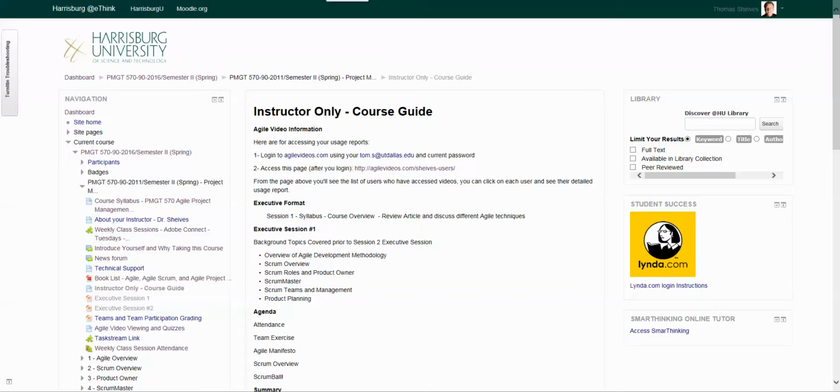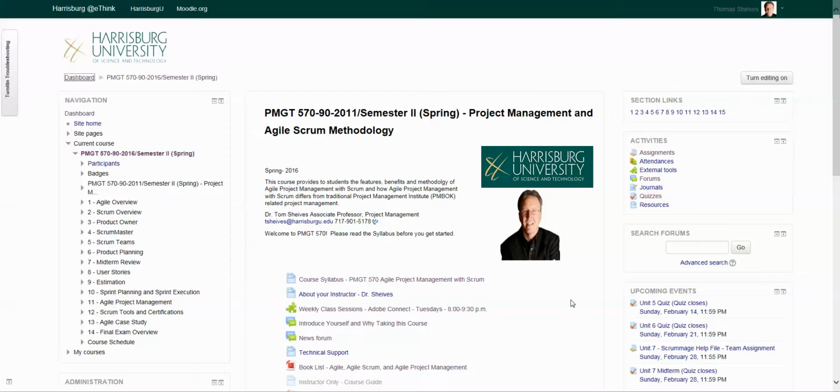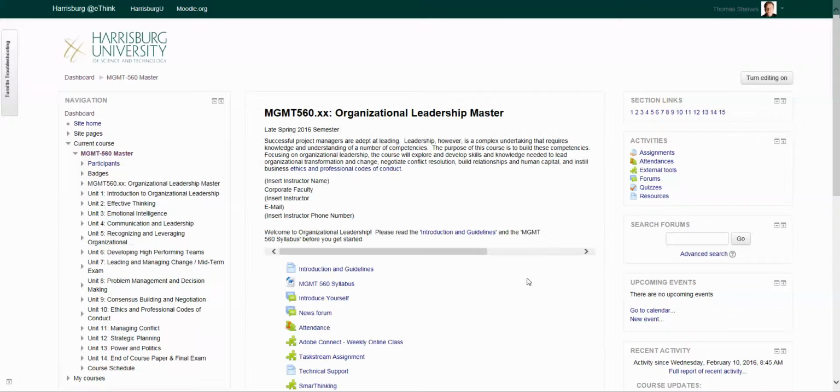I'm going to turn now to how to do this, actually how to set up a web page. So I'm going to go back to my dashboard. I'm going to set it up in a course that exists, which is a course master for MGMT 560. So here is the course master for organizational leadership,